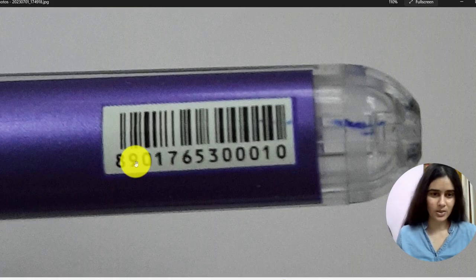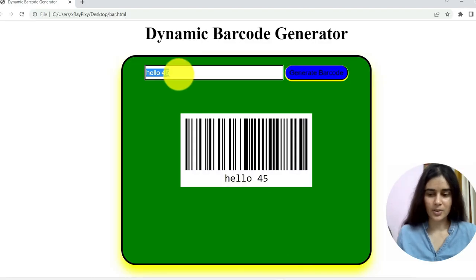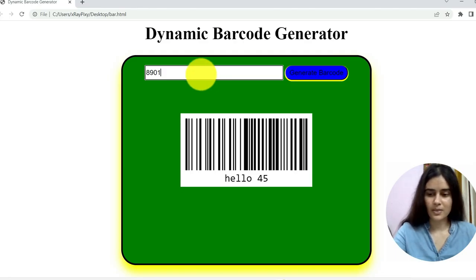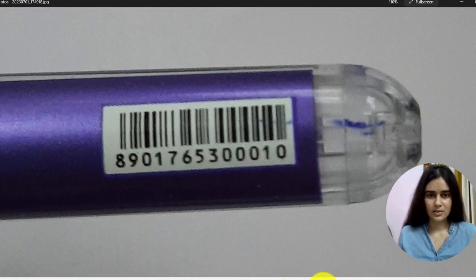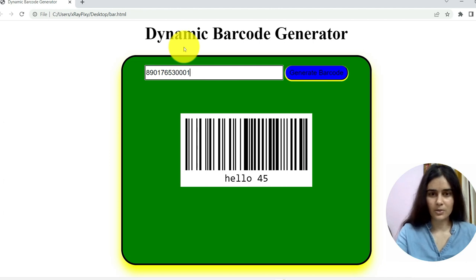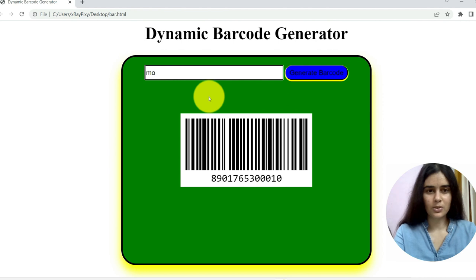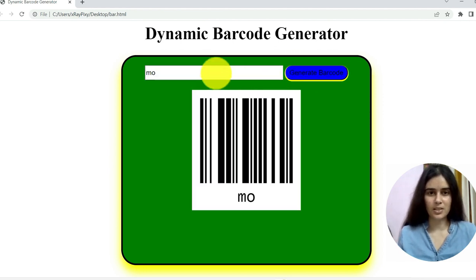And for this product, you can see the number is 898901, seven six five three 00010. So like this we can generate barcode for numbers, digits.